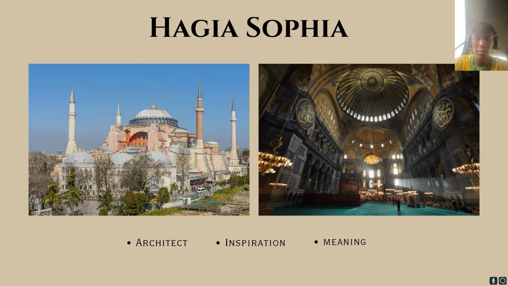The architects who designed the Hagia Sophia were led by two prominent architects of the time, Anthemius of Tralles and Isidore of Miletus. The inspiration of Hagia Sophia is that Emperor Justinian I commissioned it to surpass the grandeur of previous religious structures, aiming to create a monumental basilica that would symbolize the might and sophistication of the